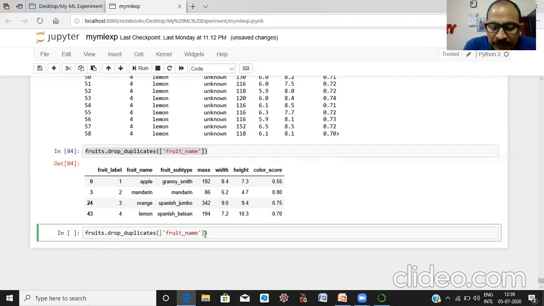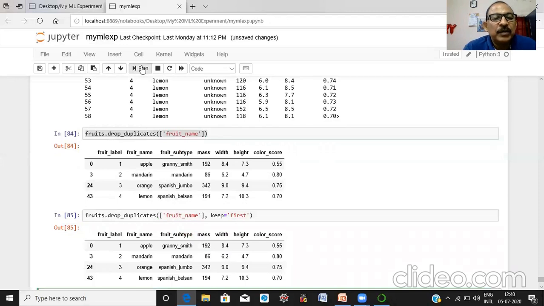Suppose we want to retain the first. Keep first record. Run it. Same as the previous command.